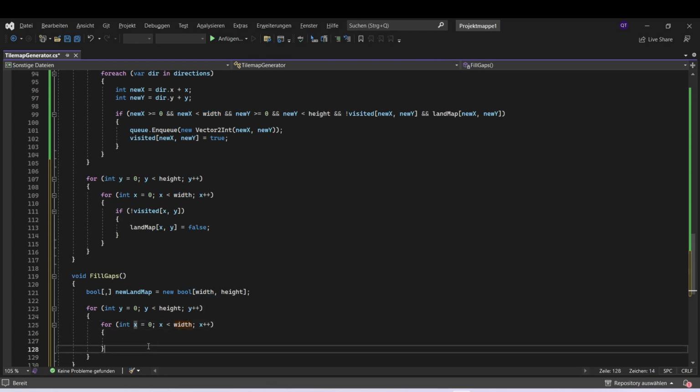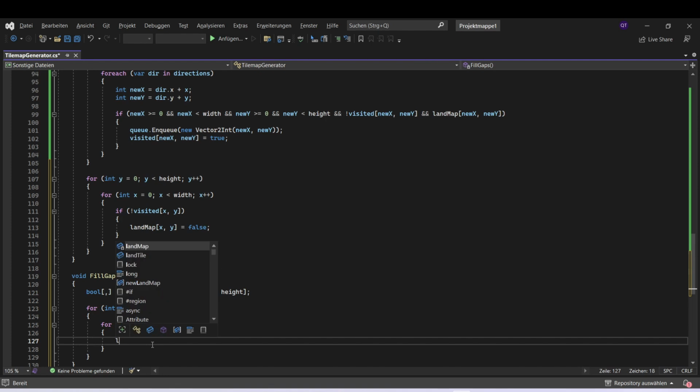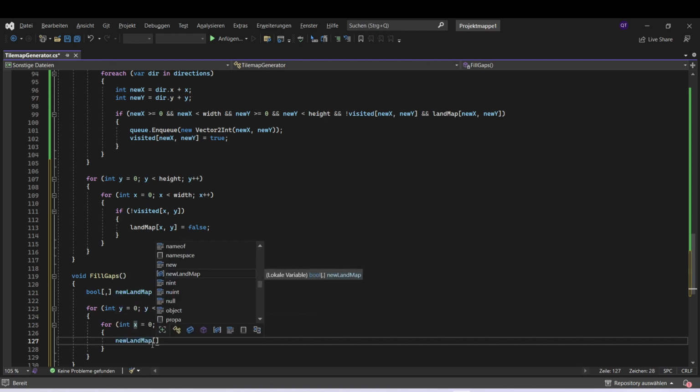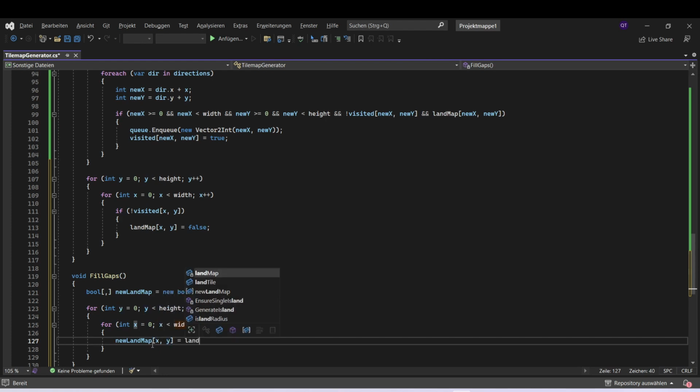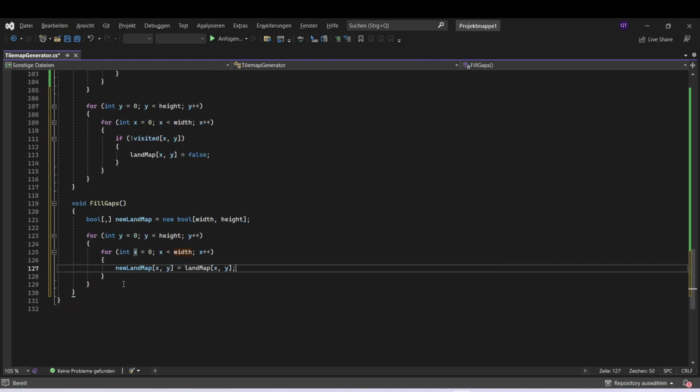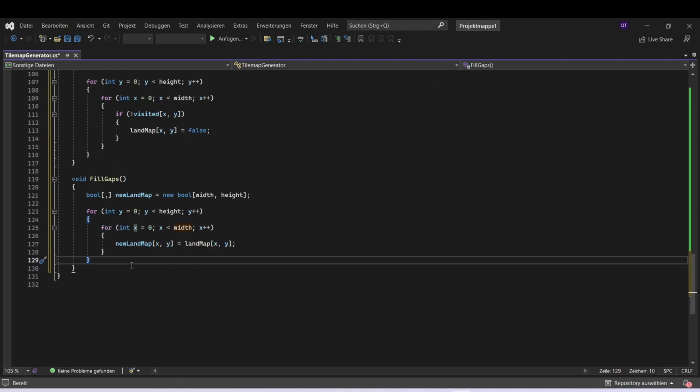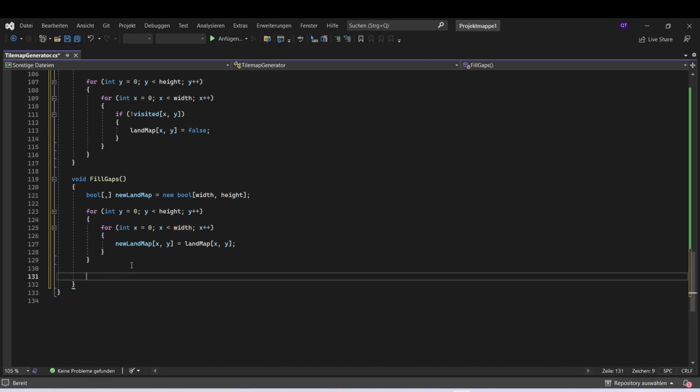And let's just go ahead and copy the land map. So we will get the land map value from the coordinates and then set it equal to our actual land map value. So now this is the same as our land map, and we can continue the flood fill. Now we want to get all the waters outside of the island in another map. So let's just create a new map